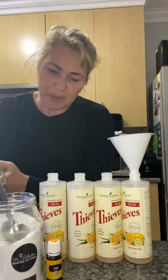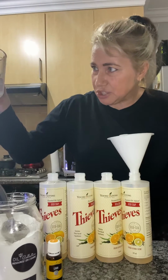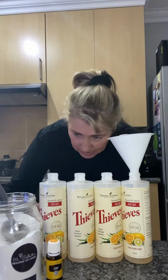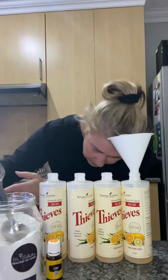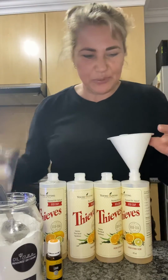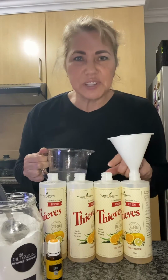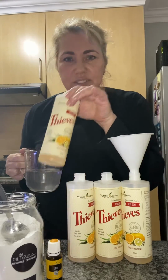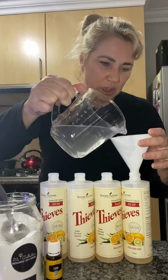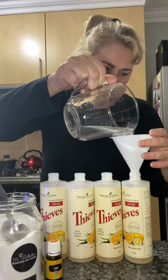so the dilution of the bicarb, I'm going to do 1 cup into each, a little bit more, 1 cup into each holder, and you can use 2 teaspoons or 1 tablespoon for each one. So if you're going to make this into 500, then you divide this into 3. If you're going to use these containers, then you can divide it into 4. So I'm just going to pour 1 cup in here,